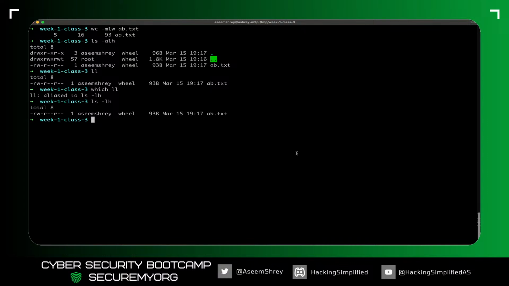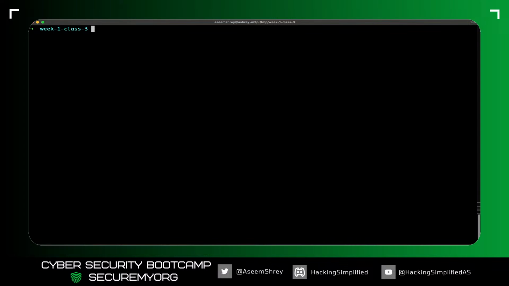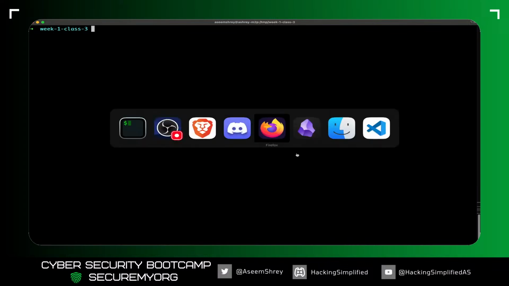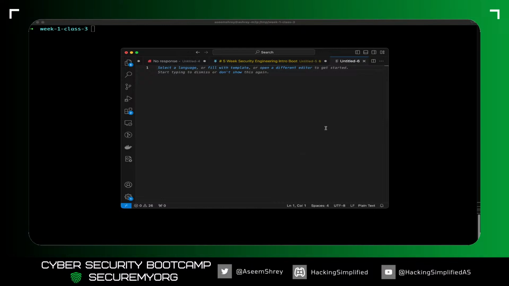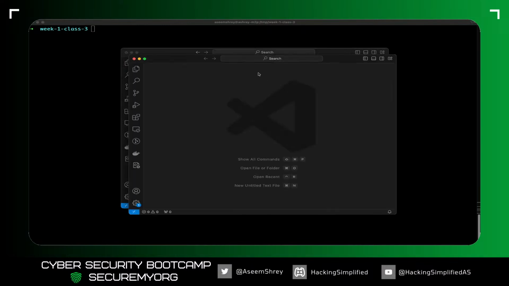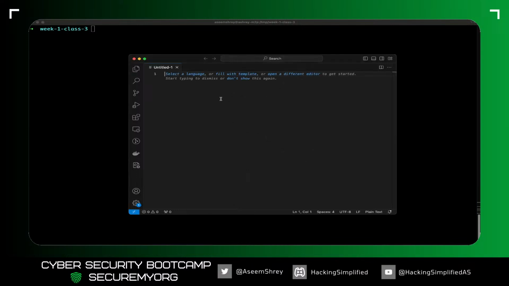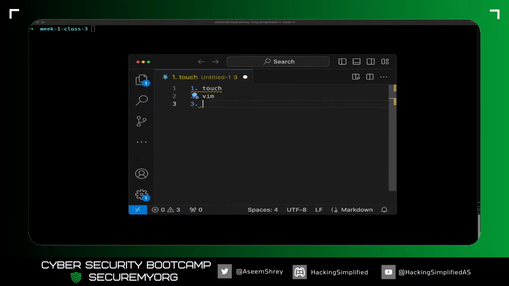So let's see what different commands I tried. I tried the touch command, vim, mkdir.